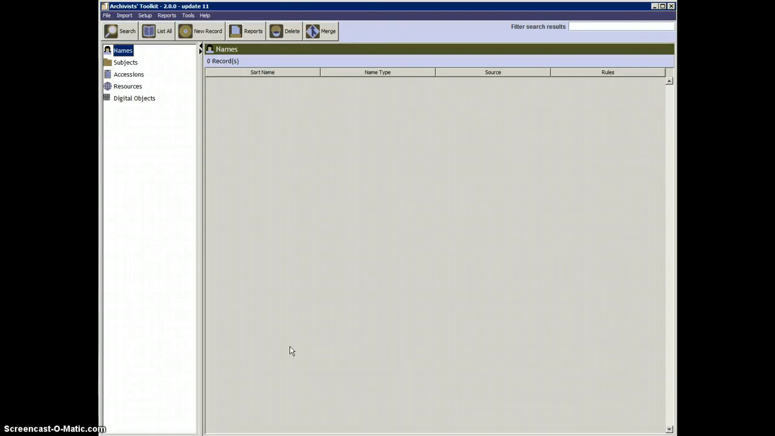Today we're going to be talking about Archivist Toolkit. Archivist Toolkit is an open source archival software developed to help organize and sort archival information. This software allows users to create finding aids, accession records, and keep track of metadata. Archivist Toolkit has been in use for many years now and is soon to be replaced by another software called